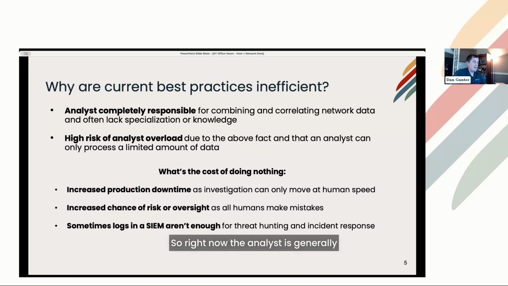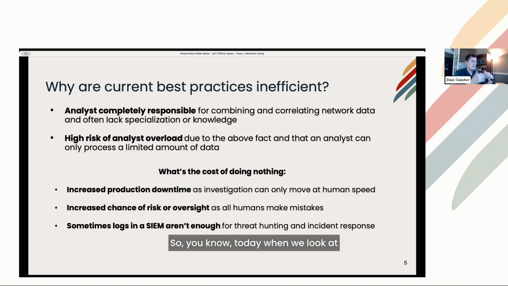Right now, the analyst is generally completely responsible, right? If you have a tool that is just passive network monitoring and a tool that's just a SIEM, somewhere you have to have humans combining and correlating that data. And it's both the issue of how much ground you have to cover, especially on the resource constraint side, but do you also know what you're looking at? Do you know how Honeywell uses Experion? Do you know how Emerson Ovation under the hood is kind of kicking things around?